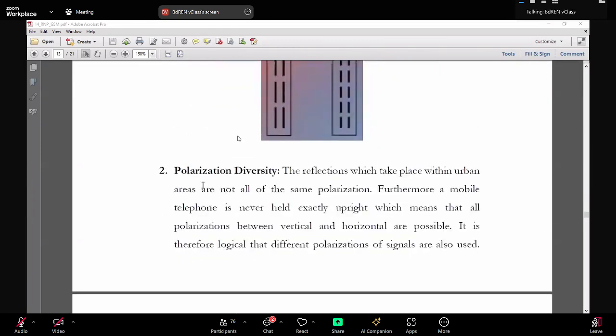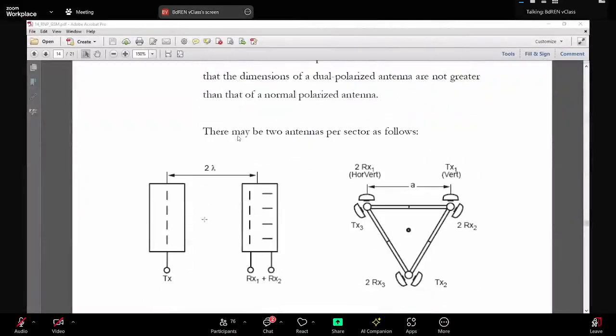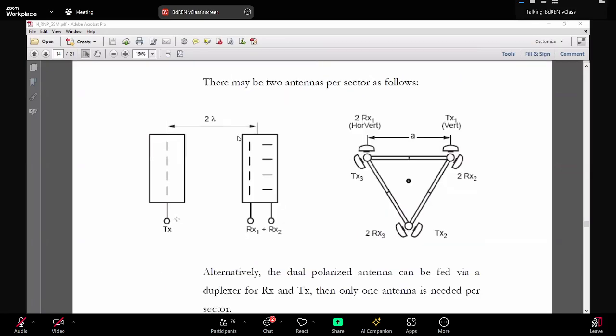In the case of polarization diversity, the two antennas are used with two different polarizations instead of two different spatial locations. Like we can use a combination of horizontal and vertical polarization. For example, here you see that the two receive antennas have two different polarizations. The first one is vertical, the other one is horizontal. The transmitting antenna is using vertical, and